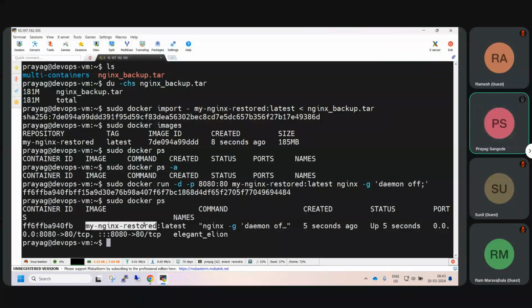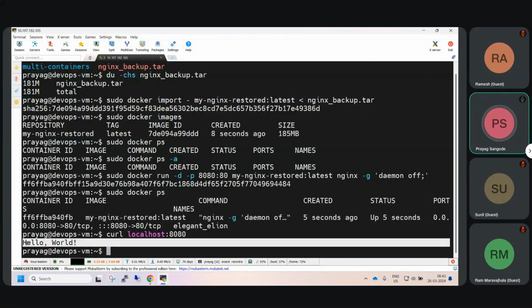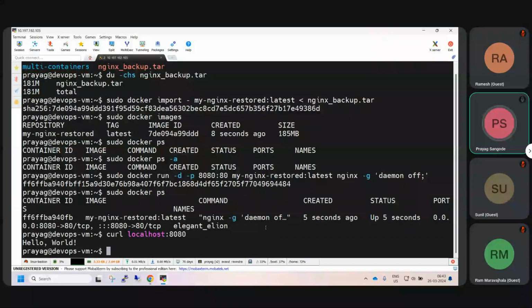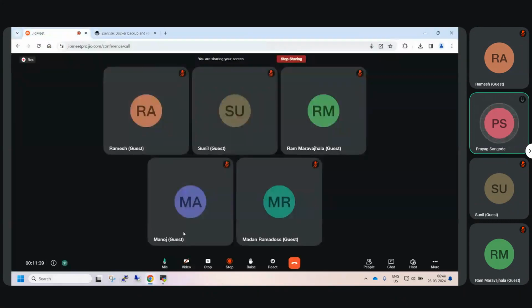And if you do curl localhost 8080, we can see the hello world. That means our image is restored properly. Okay, so if anyone has a question